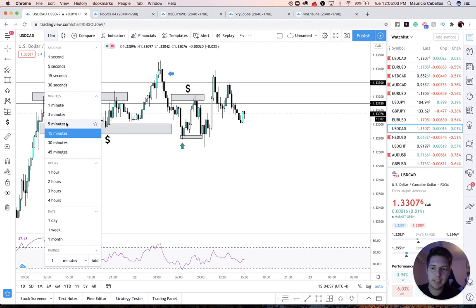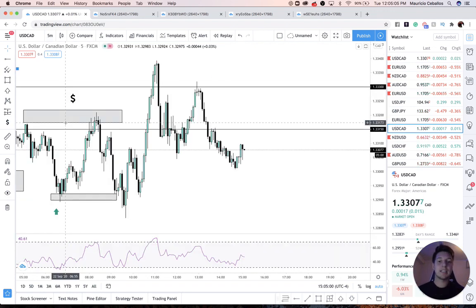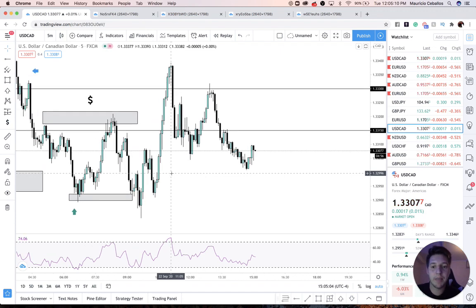But in order to pay attention to that, you wanted to go to small time frames such as the M5 time frame and actually really get into detail, which was the time frame that we were trading live with all